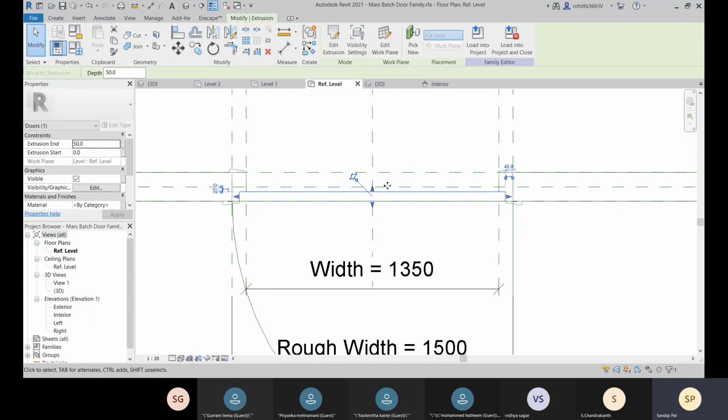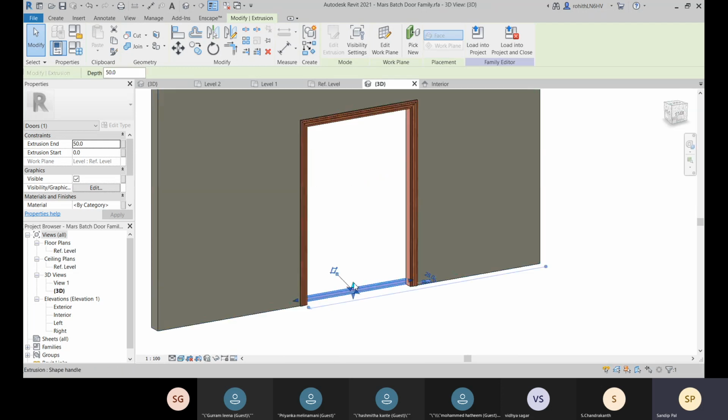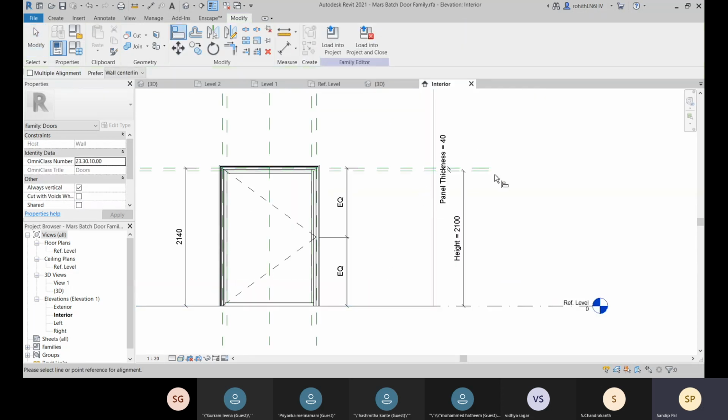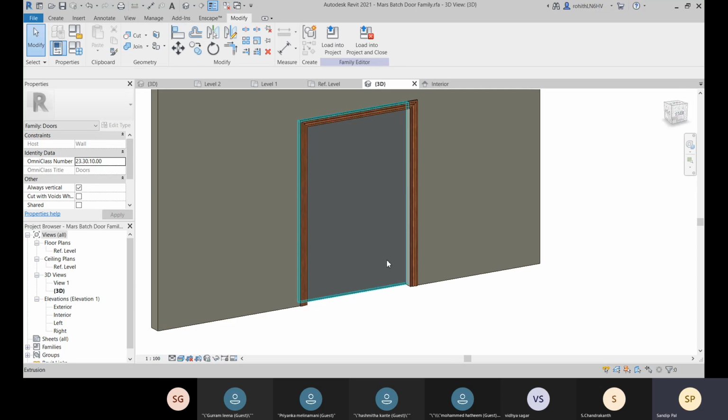Let's finish it, and let's come to this 3D view, and let me come to this interior, and let's go for align, and I will choose this, and I will choose this, and then lock it, and then done. Let's come to this 3D, and that is totally locked.